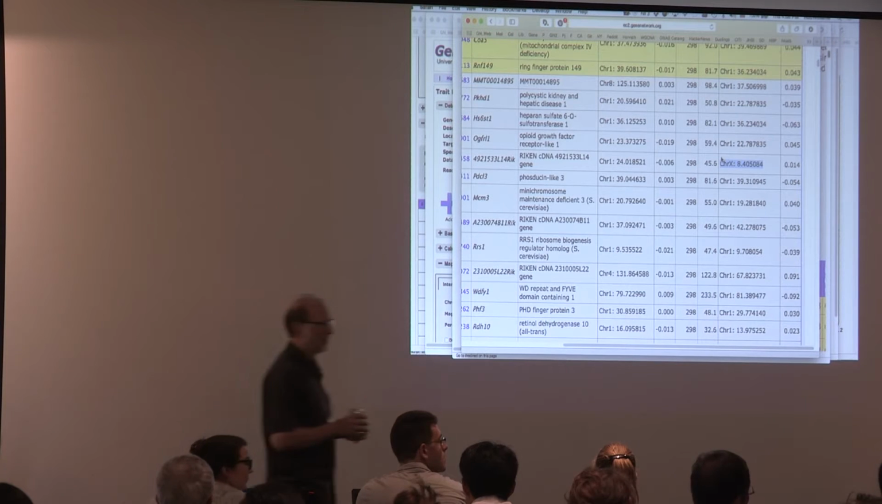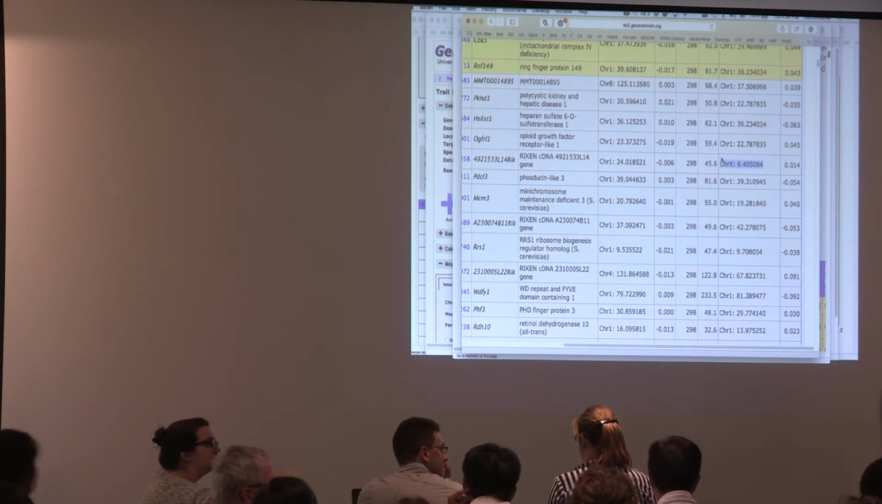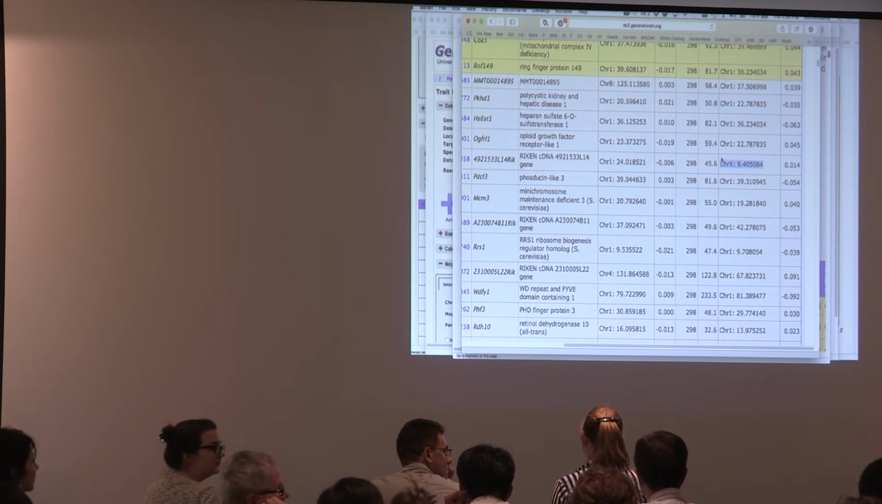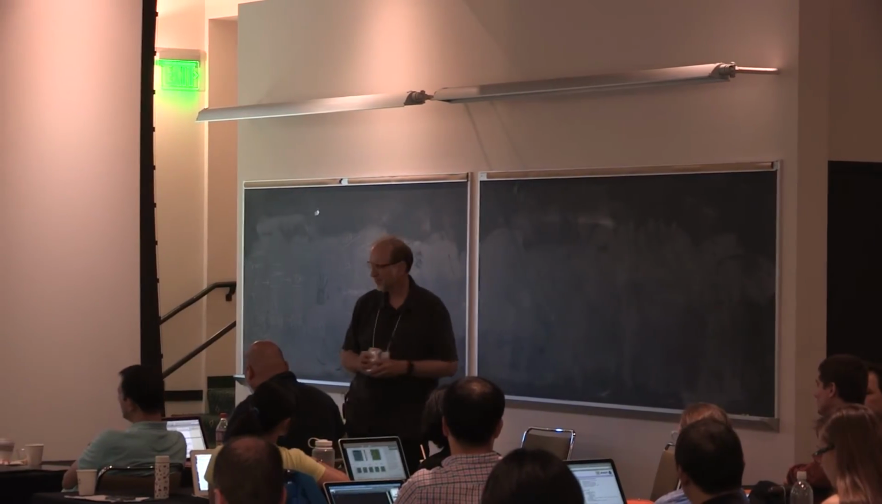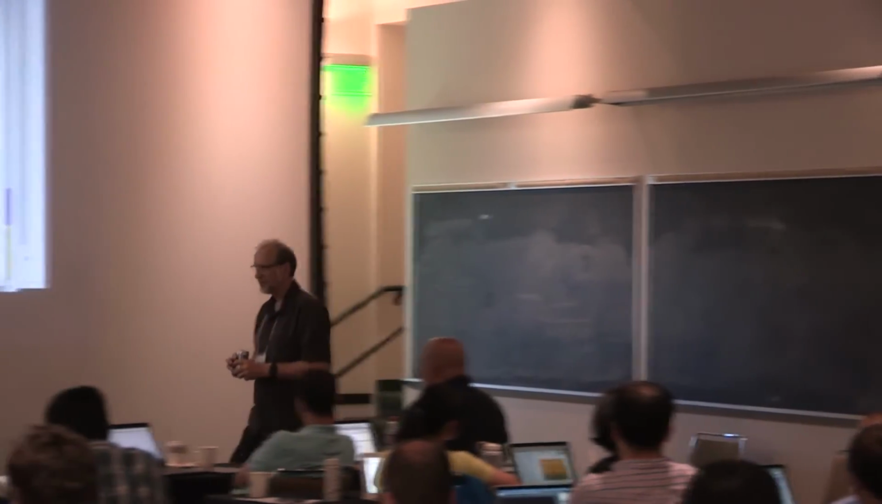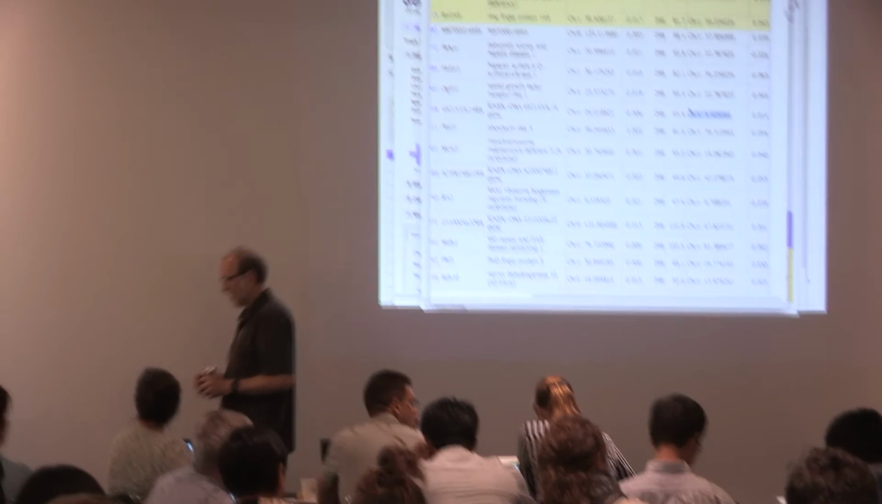Yeah. So, did the people who designed or who analyzed the microarray data check that none of the SNPs are located within the probe? In other words, that the apparent QTL is just an effect of the microarray differentially binding to